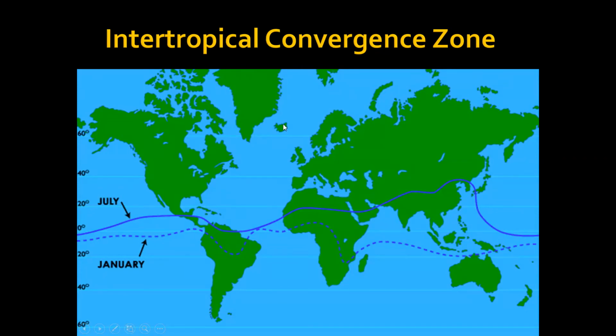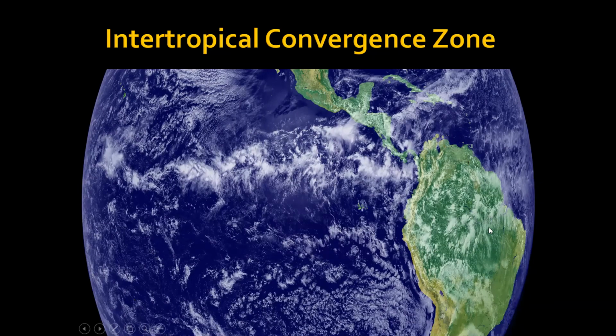And so this shows us the average position of the intertropical convergence zone during the summer months. So this happens during our summer months. Now, the intertropical convergence zone is a band of low pressures, and therefore a lot of stormy weather develops on the intertropical convergence zone. And if you remember from the Walker circulation, where you have warm air, you have rising